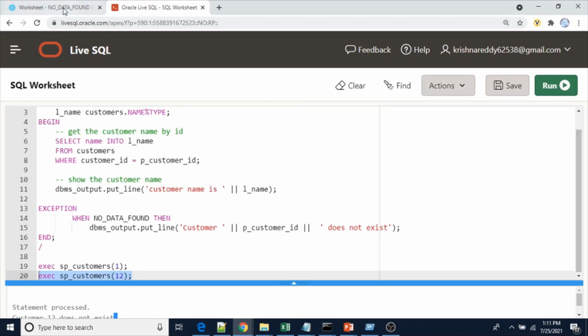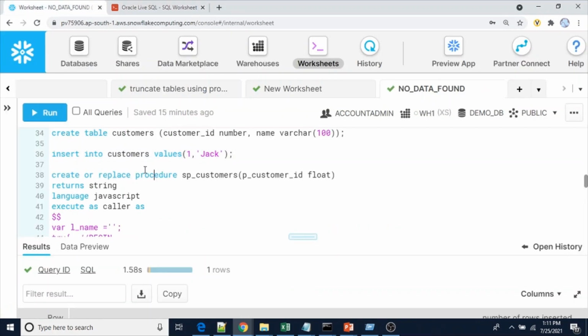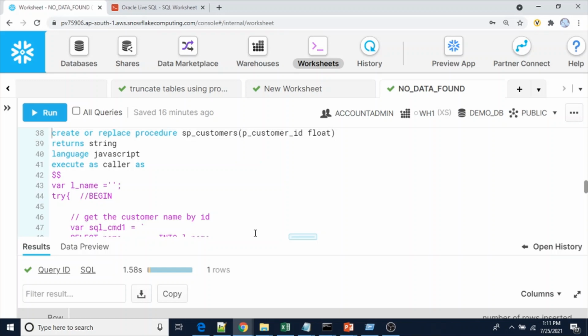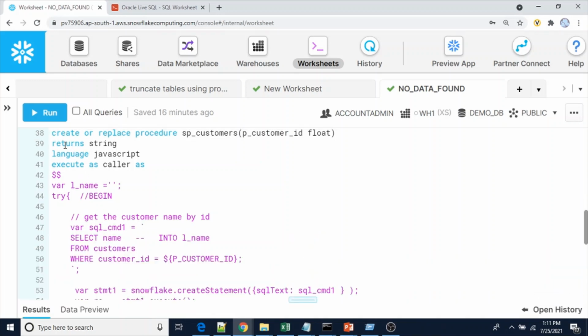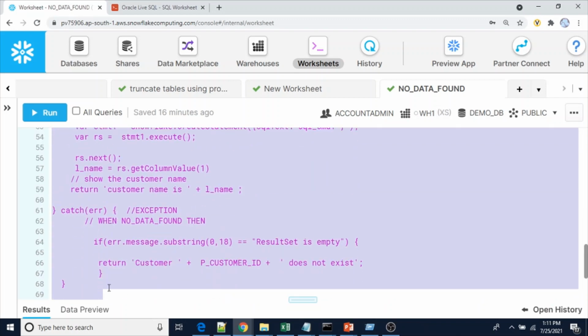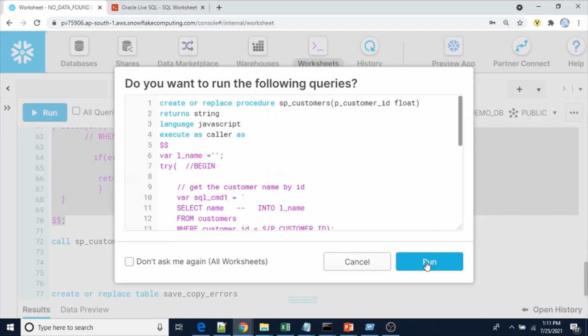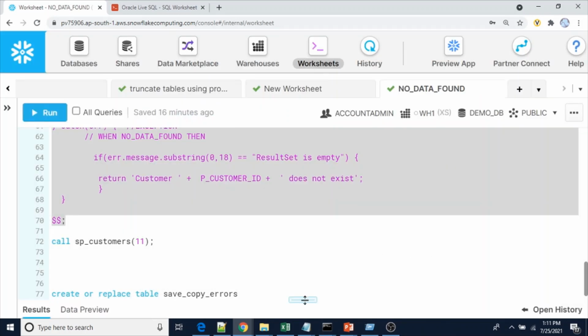Now I'm going to Snowflake. I have created the table and data. Now I'll compile the procedure which I explained as part of the PowerPoint slide. This is the Snowflake stored procedure. You just compile it.